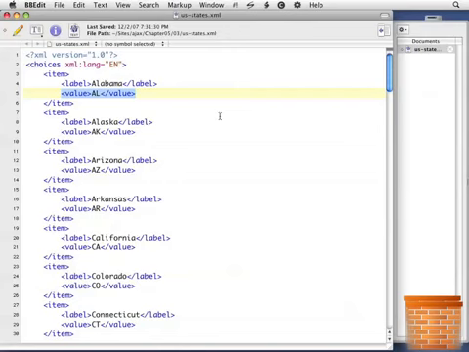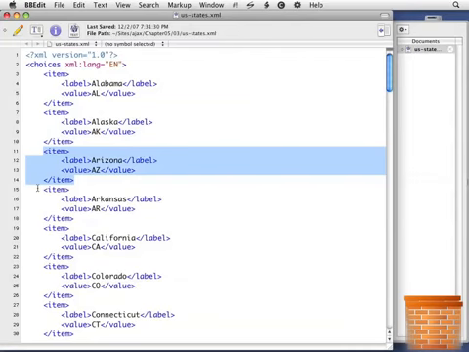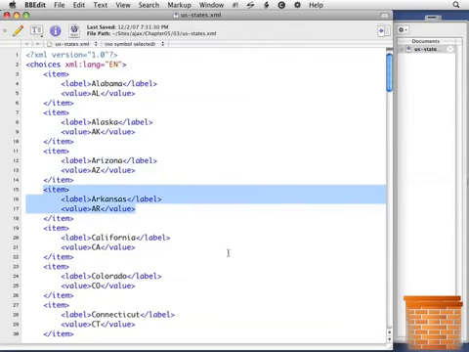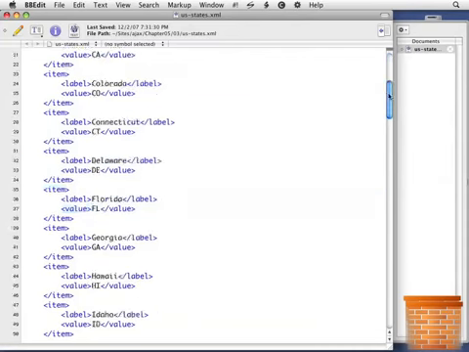This XML file can be used for many different purposes on the same web server, so it's okay that we're going to use some fields and not others. But you'll see there's item, label, value, item, label, value, over and over for